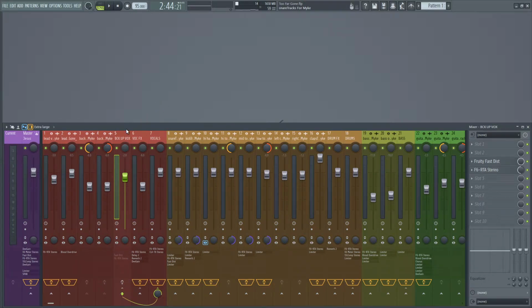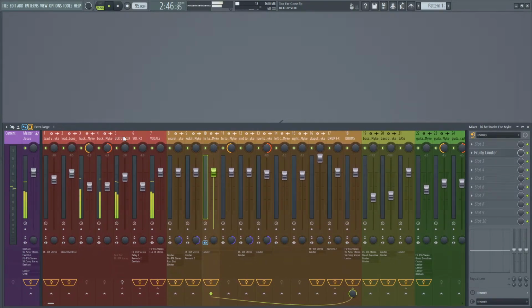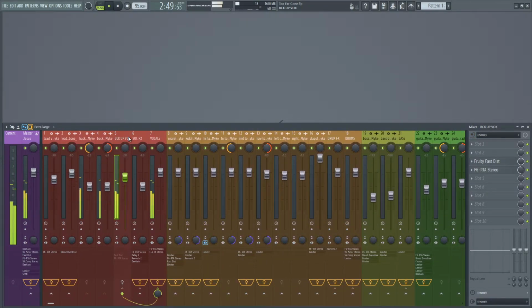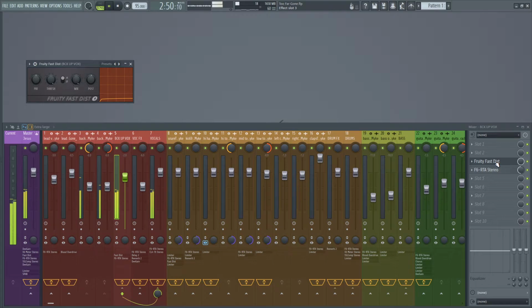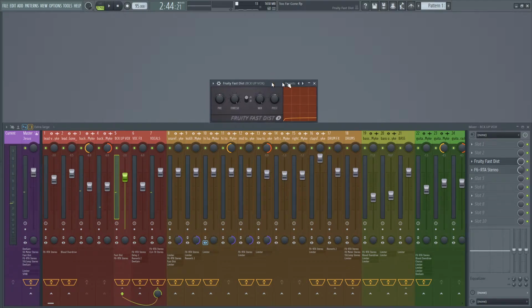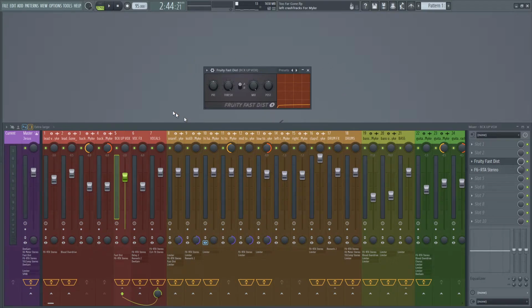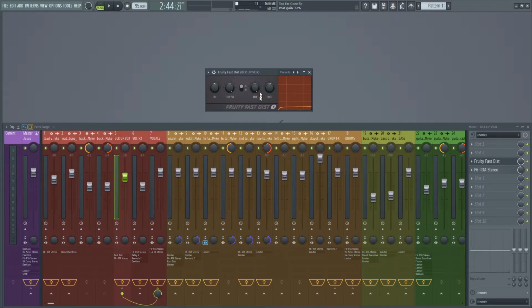So let's take off the effects. With the effects. I've gone ahead and grabbed my default compressor. Oh no, sorry. My Fruity Fast Distortion from Fruity Loops. This is a stock plugin. And I've gone ahead and put the mix level to 100% to distort